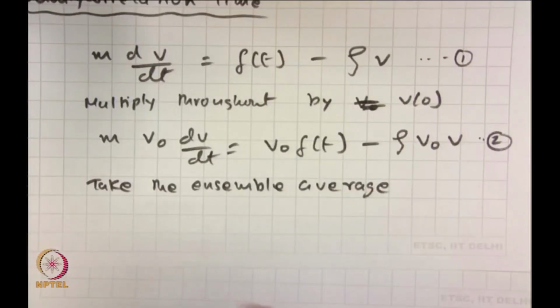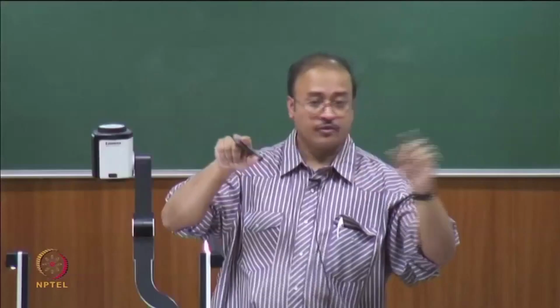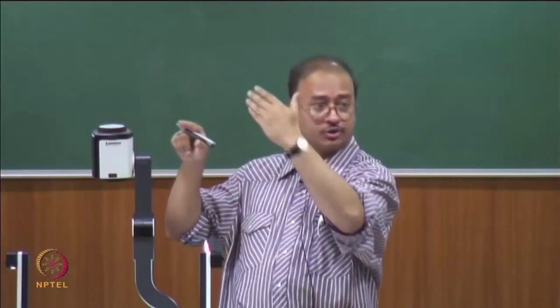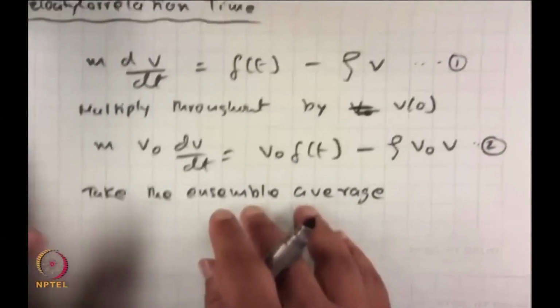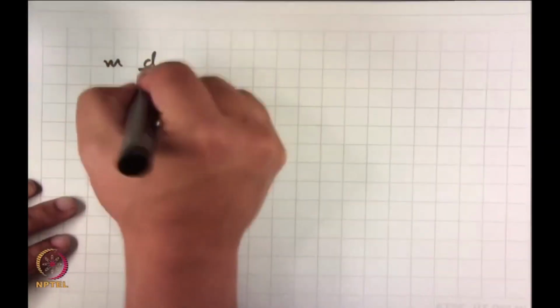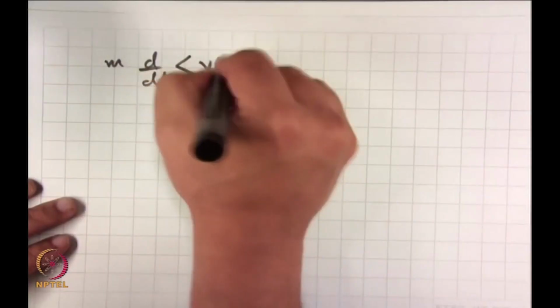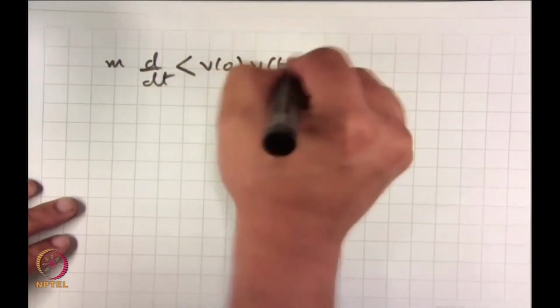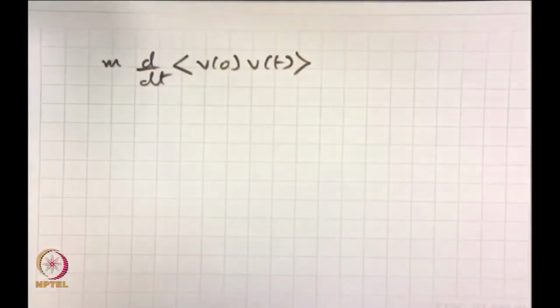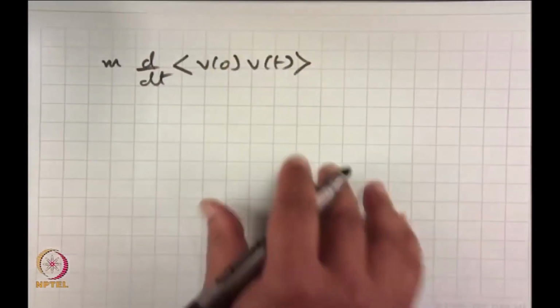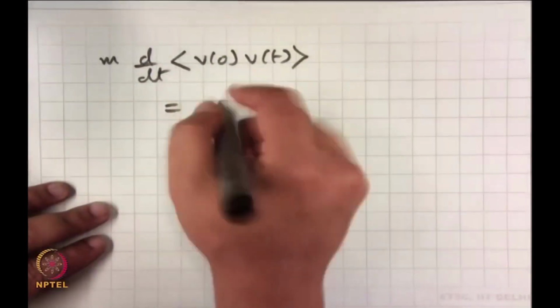So, what do you mean we take the ensemble average? That means we just introduce these brackets throughout the whole equation, sweeping through the whole equation. And if I do that, can I write this? Can I write m d/dt of the ensemble average of V0 V(t), this is my left hand side of the equation, is equal to